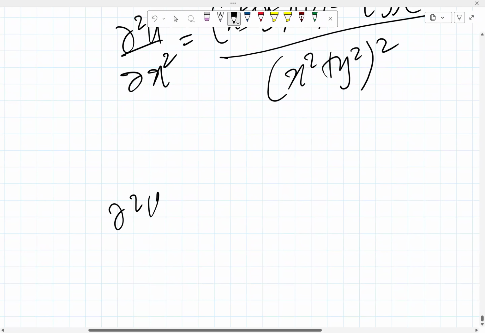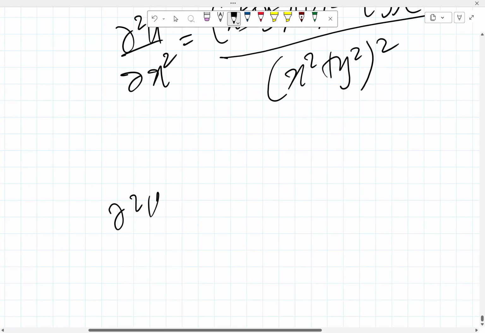So we have another race with y. Partial u, partial y that we derived before is x over x squared plus y squared. So that's x over x squared plus y squared. Again, we do the same thing. This is u and this is v. So we know that